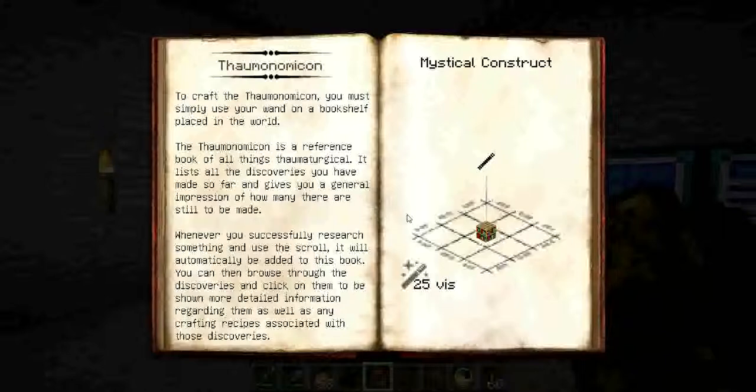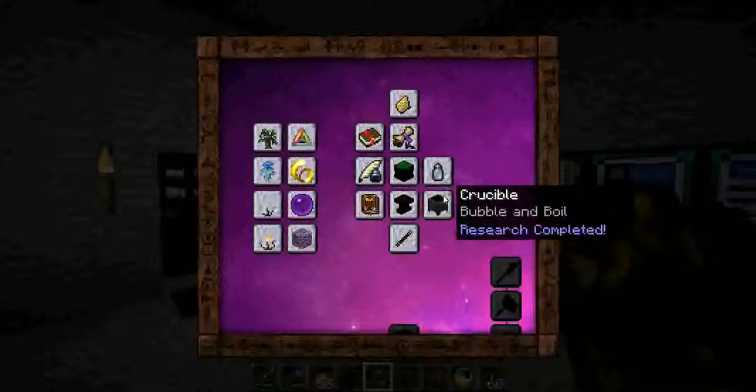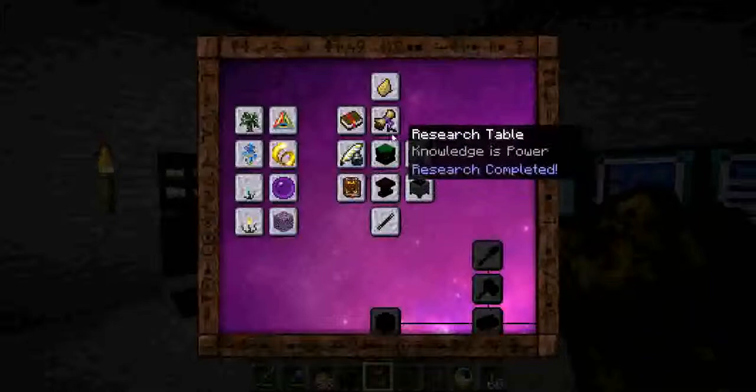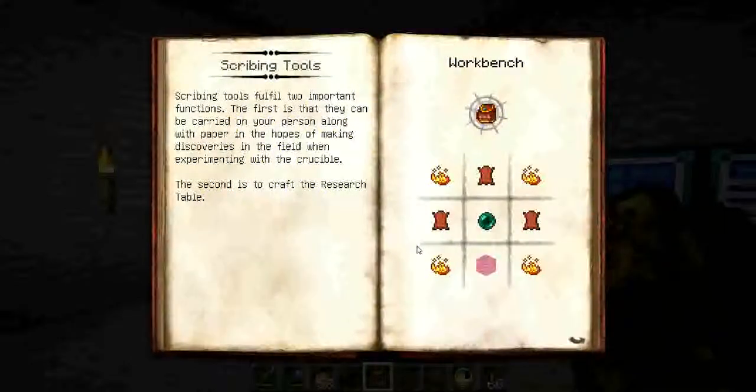The Thaumonomicon itself. Told you how to make it. Of course, you already need to know how to make it in order to get here. And tables. Research table. The research table is created by placing two tables next to each other and then clicking on them with the scribing tools. Scribing tools being...